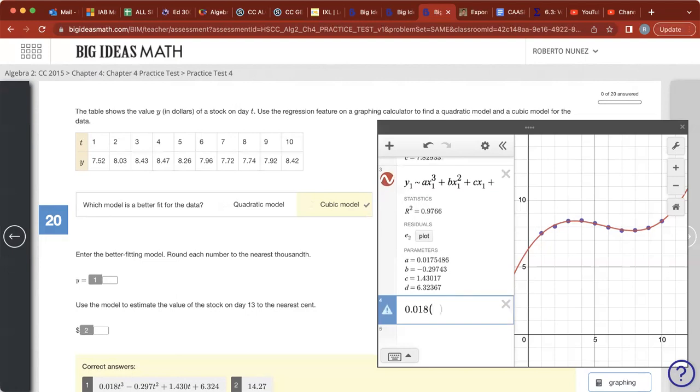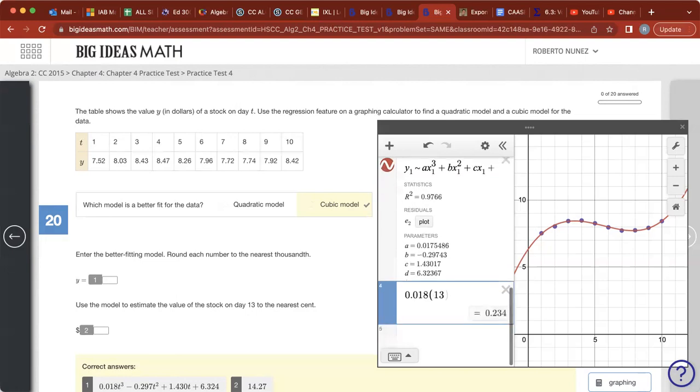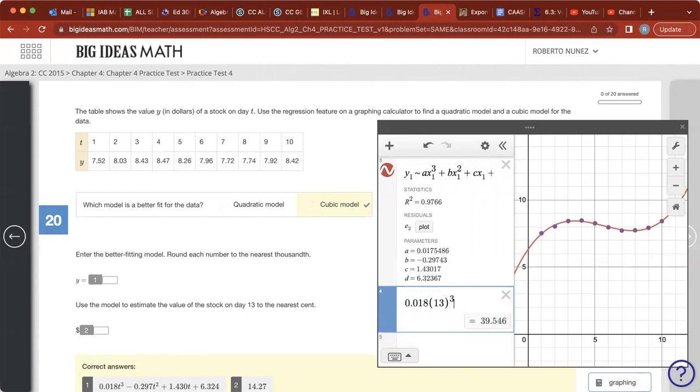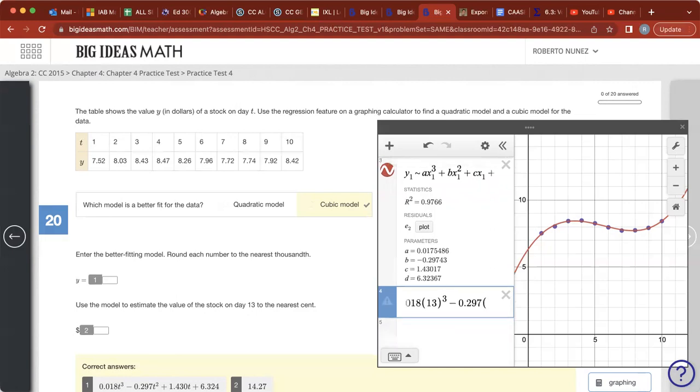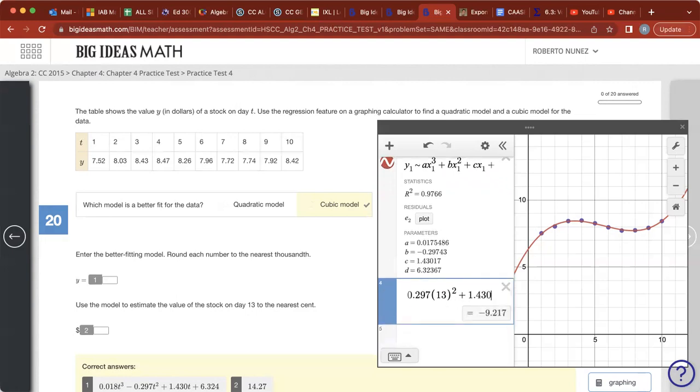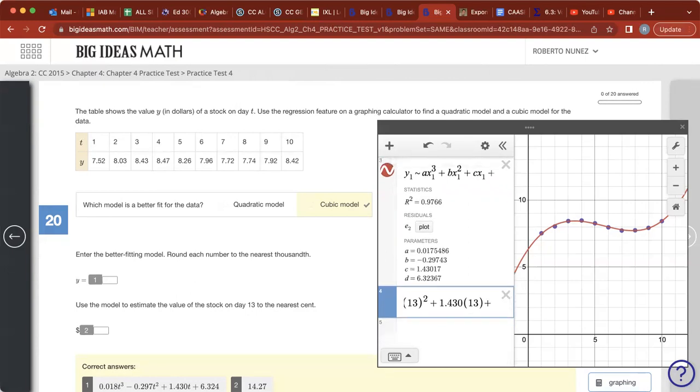And instead of writing a t, we're going to write 13. And that's to the third power minus 0.297 times 13, but now that's to the second power, plus 1.430 times 13 plus